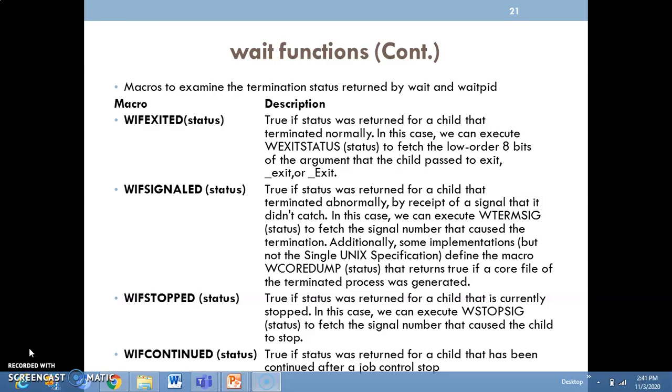So what we can say with respect to this macro is that if the child is terminated normally, then this macro will be executed. The second one, WIFSIGNALED.